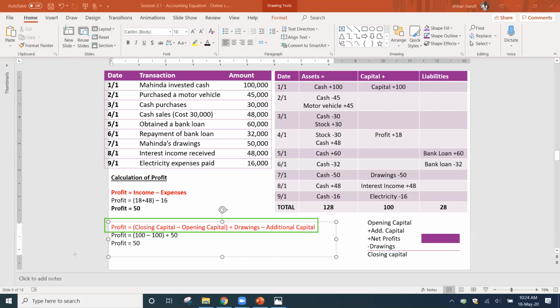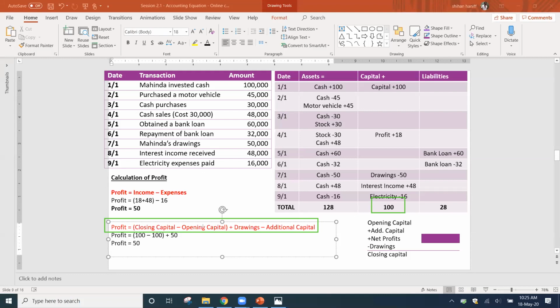Right? They don't know where the income, where the expenses, what are the transactions that they have made. So most of these small boutique shops, they don't know, they don't maintain. If there is a question, how to find the closing capital? Closing capital is this. The final total is the closing capital. Right. Okay, so